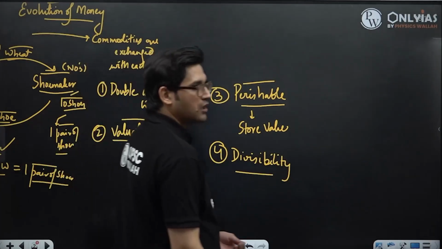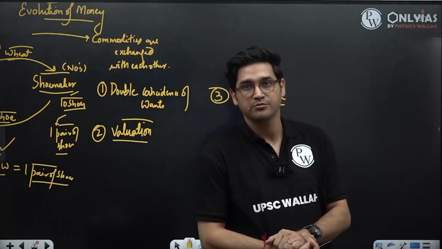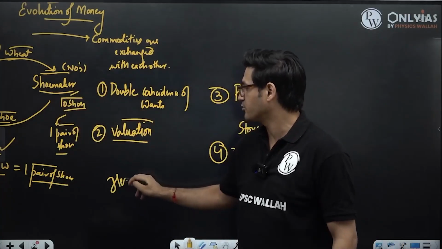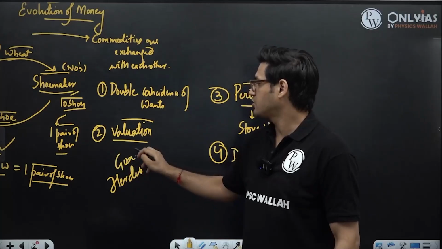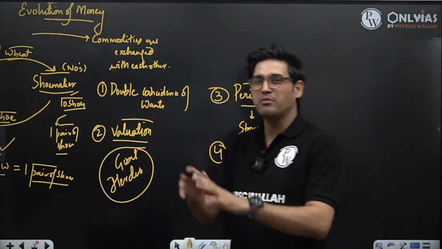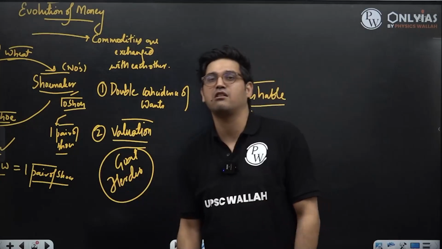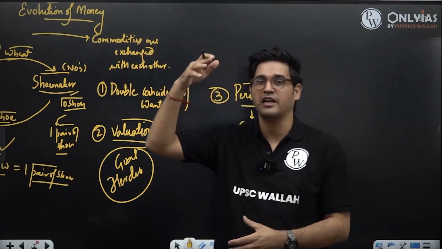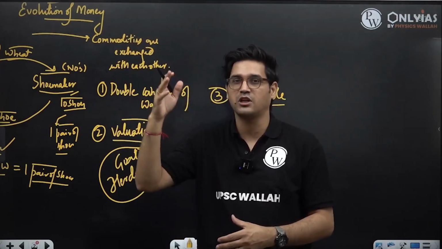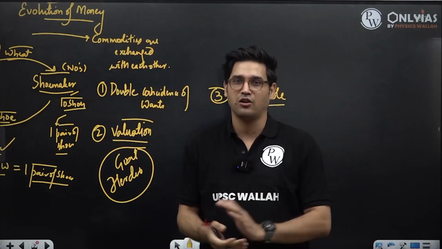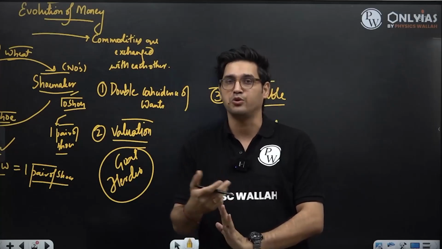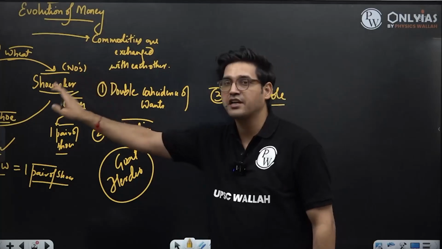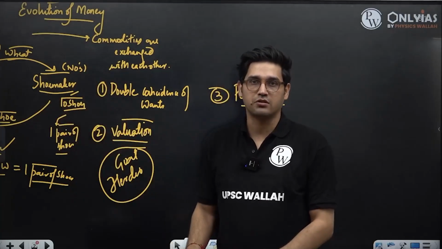The last problem of the barter system is also what is called divisibility. What is the problem of divisibility? Now imagine that I am the shoemaker and a goat herder has come to me. The goat herder has to climb many mountains because goats are hardy animals and they go to different distances. Sometimes he has to climb up really rocky mountains up to the top and come back. His shoes are torn. He requires new shoes. And the only thing he can offer in exchange for shoes is goats.